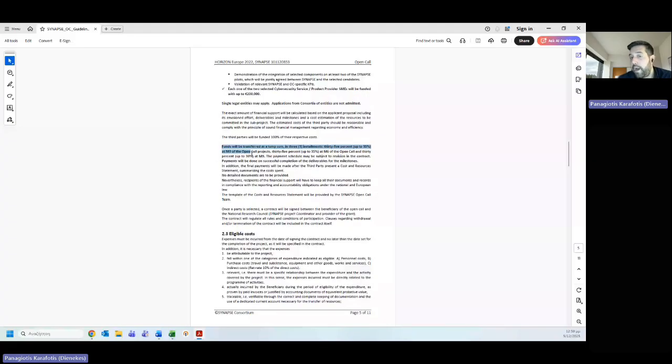So we believe it would be more reasonable if your costs, both the personnel costs and the travels and the equipment and things like that, will follow these